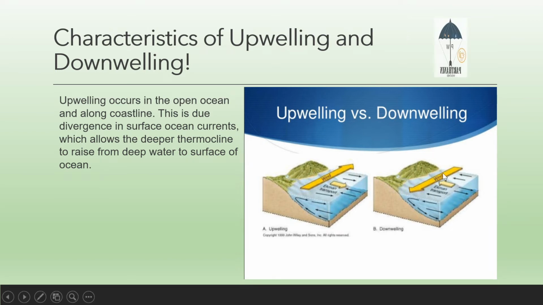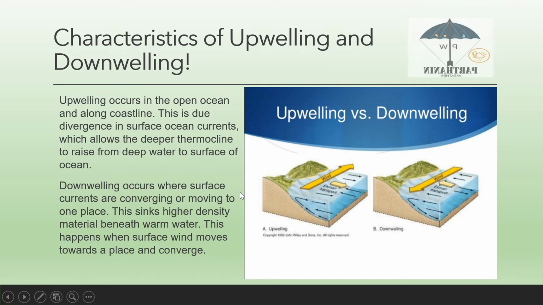Whereas during downwelling, you can see the wind moves along the coast from north to south. This is south to north, and this is north to south, and it brings the Ekman transport towards the coast, and it hits the coast. So this is when the downwelling happens. Once the downwelling happens, that is when the sea surface temperature increases.